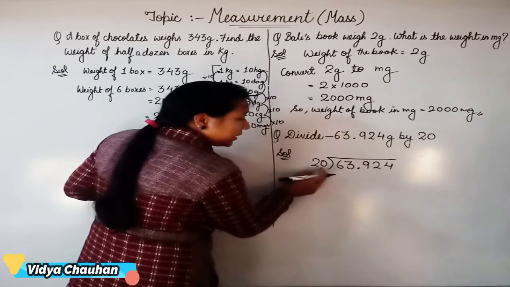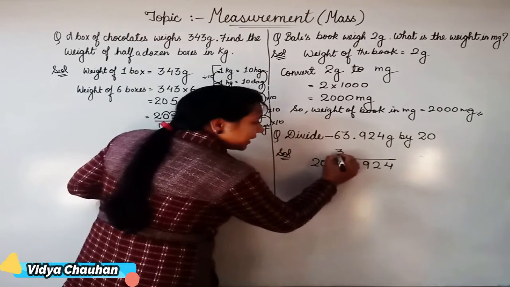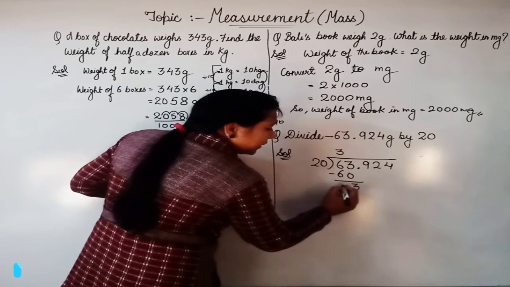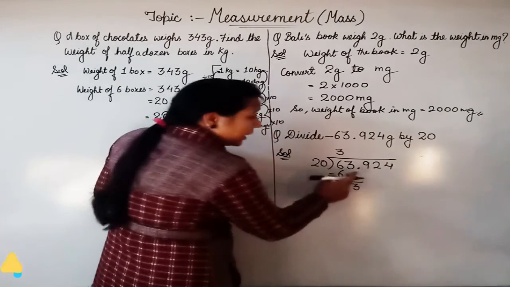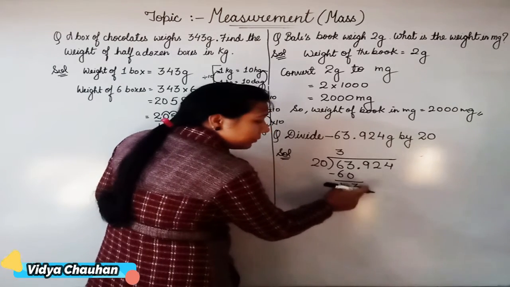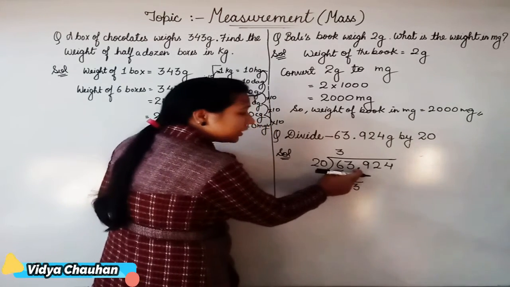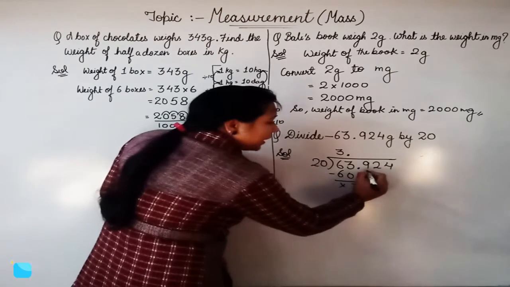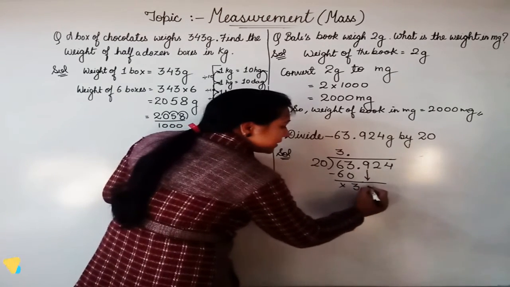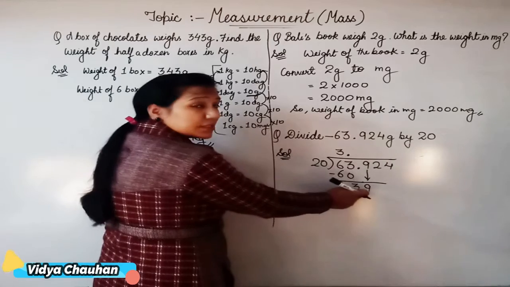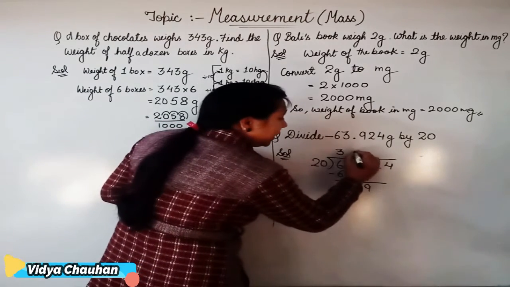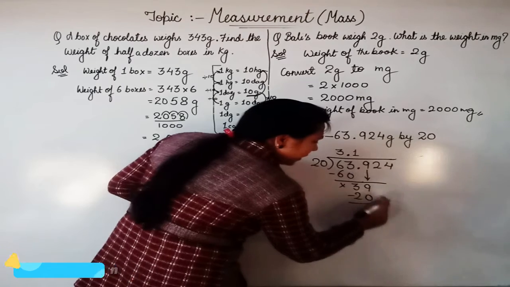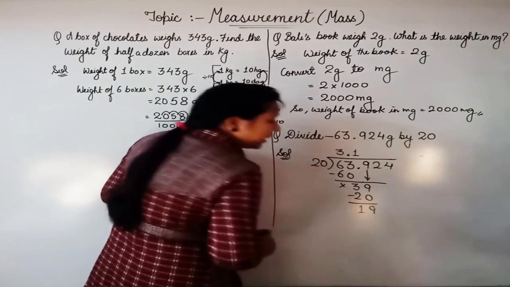So very first let's start here. 20 3s are 60. Subtract up here. You'll get 3, 6 and 6 cancel out. Now this decimal will come down. So we will not bring decimal here because after 3 what is the value? We have a point here. So we will shift this decimal in the quotient and let's bring down the next digit which is 9. So now it becomes 39. So 20 1s are 20. Subtracting it here 9 and 3 minus 2 is 1.